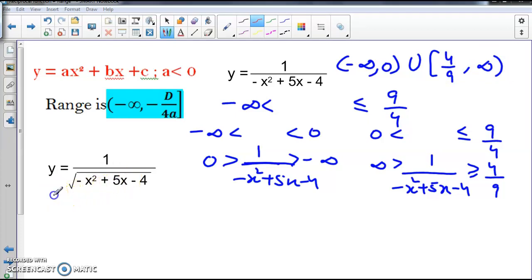Now for this function we discard the negative terms in the range of 1 upon minus x square plus 5x minus 4, and then taking reciprocal of the remaining, the range is